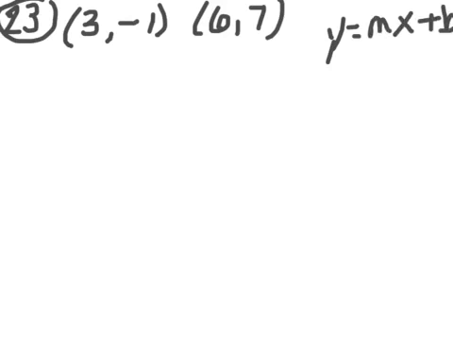Okay, and I would have it if I just had the slope and the y-intercept, because I want the x and the y to stay in the equation so I can plug new numbers in and maybe plug an x in and find the y that goes with it. That would help me find another point on this line. Well, what I can do is find the slope. The slope is,